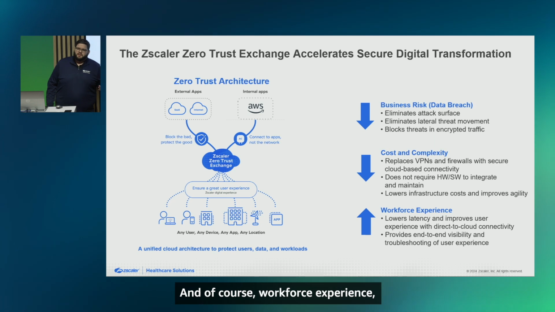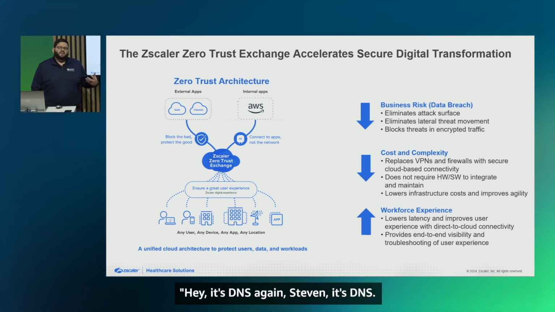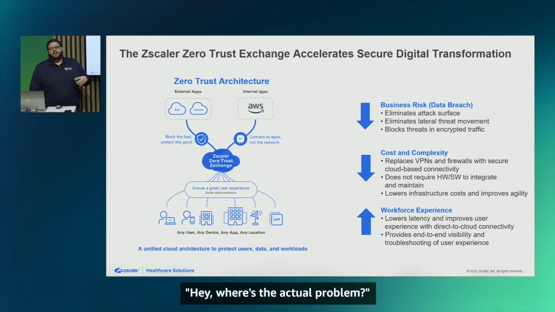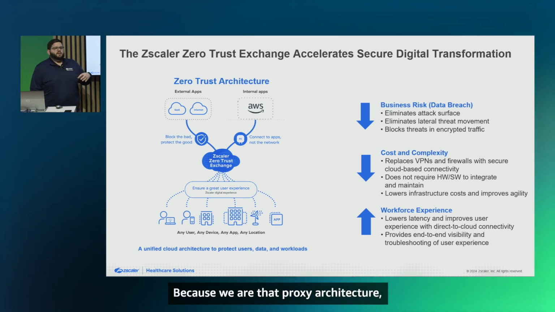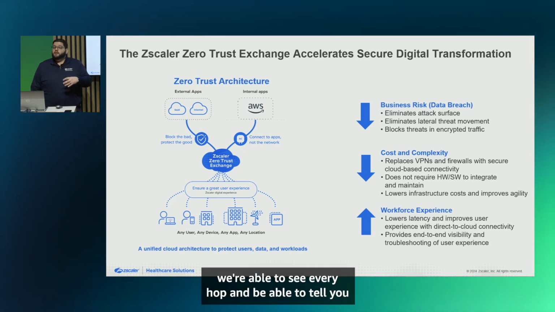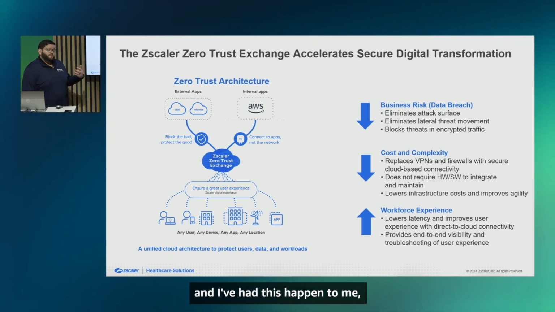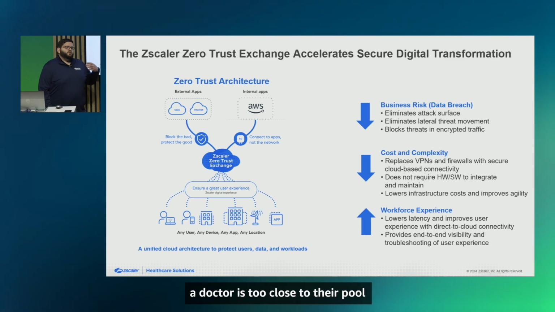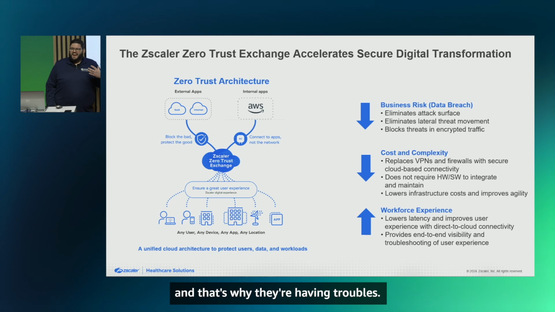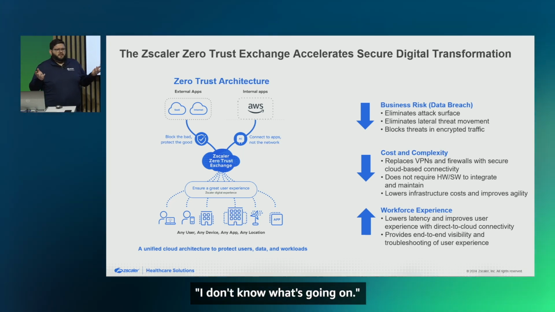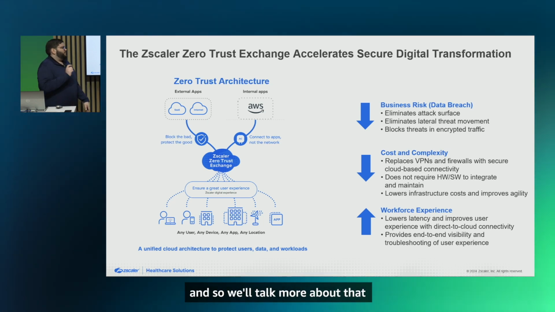And of course, workforce experience. Nobody wants to get that call saying, hey, it's DNS again, Steven, it's DNS. Why is DNS so slow? Instead, being able to say, hey, where's the actual problem? Because we are that proxy architecture, we're able to see every hop and tell you where that issue might actually be. It may be that a doctor, and I've had this happen to me, is too close to their pool and not close enough to their Wi-Fi signal. And that's why they're having troubles, and they're calling help desk saying, hey, it's really slow today, I don't know what's going on. And so being able to see that. And so we'll talk more about that